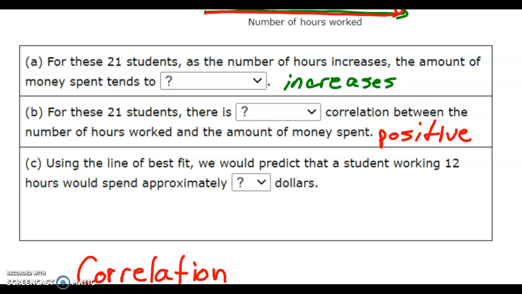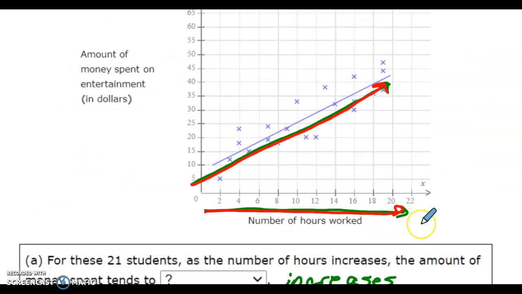And then using the line of best fit, so they're specifically telling us to use that line on the graph. We would predict that a student working 12 hours would spend approximately how many dollars? So this is where we get the biggest mistakes happening on these questions, is people look at 12 and they look for that first point. That's not what they're saying. They're asking you to use the line of best fit and the average of all the data. So if someone works 12 hours using the line of best fit,